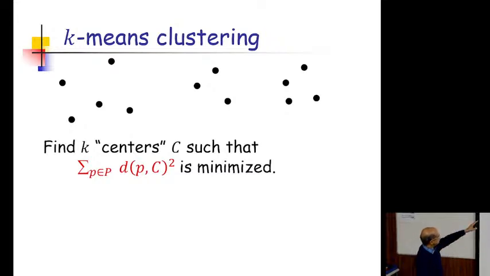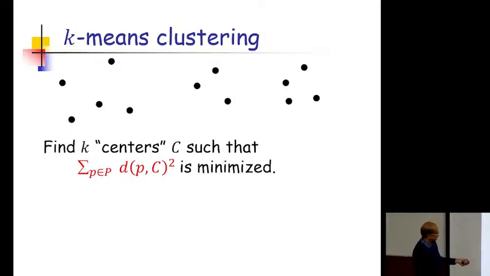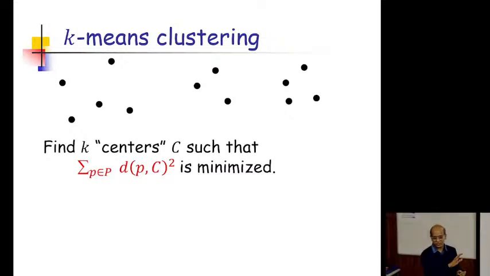Every point is assigned to one of these centers, and the points assigned to a specific center form a cluster. So essentially you're forming clusters of points. Another way of saying it is that if I give you these centers, then the partitioning is very easy. Every point just goes to the closest center. So it's just a Voronoi partition. And I'll just use one notation: given a set of points P and a set of centers C, cost(P, C) is essentially the k-means cost. So you look at every point, measure its distance to the closest center, take the square and add them. And we want to minimize that.